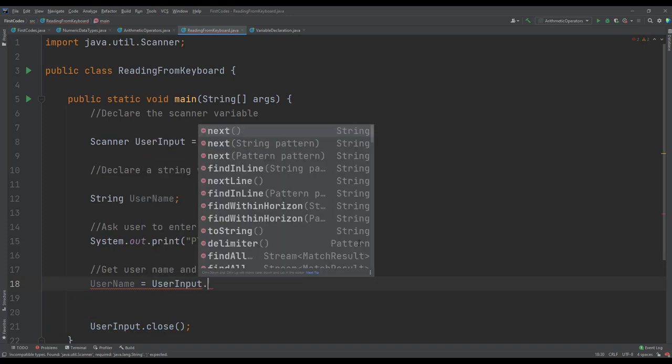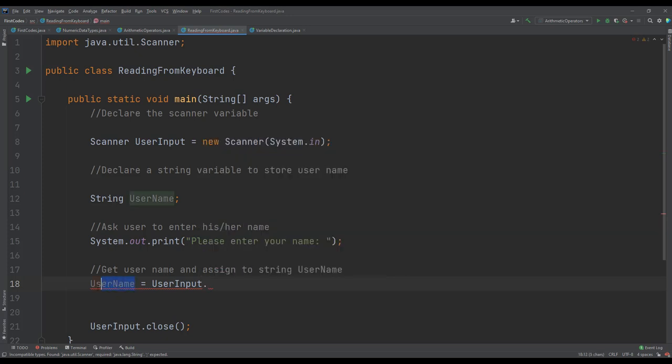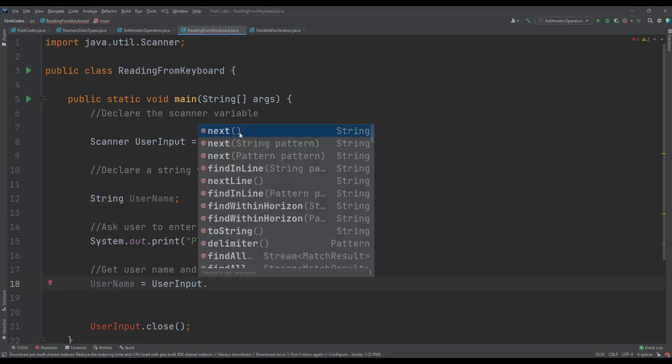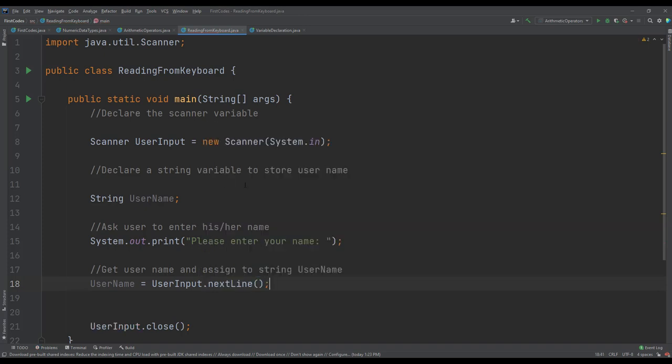dot. Now because username is a string, we will have the option of nextLine or next. So it will bring us first the methods that we can use to get a string from what the user is typing. So we are going to select nextLine, or we simply type next. Once this is done, whatever the user types on the console will be taken as the name of the user and assigned to the variable